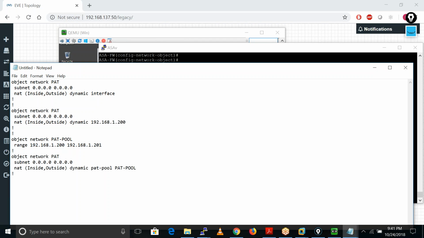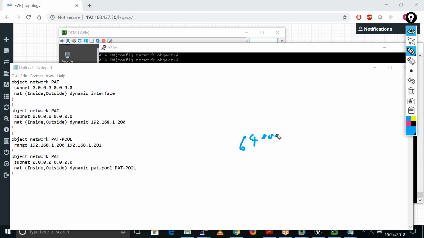There is also one more thing. You also have a combination, like if you have three public IP addresses. Let's suppose you have three public IP addresses and you have lots of users, around 64,000 multiplied by 3, like around 2 lakh users.